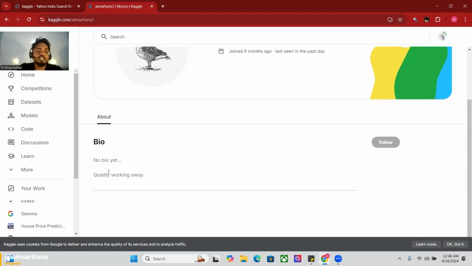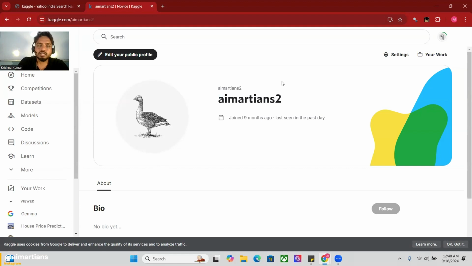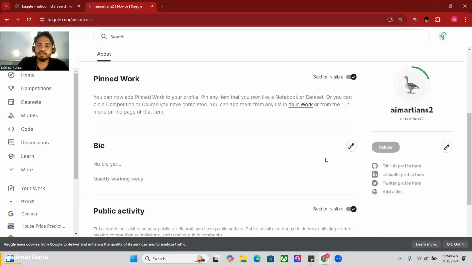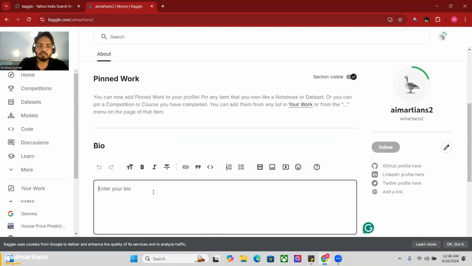If you want, you can mention your bio there also. You can mention something like, hi, I am an AI engineer. So you simply have to click here on your profile, and see everything is enabled. Now you can edit, like I am working as an AI engineer in Chetu India Private Limited. So I will mention here, hi,